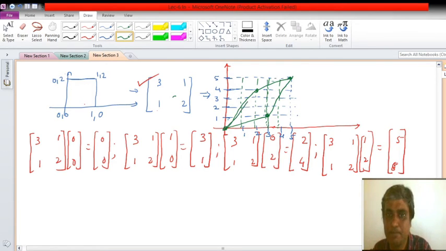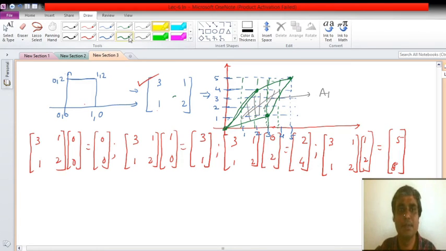Now I have to find out the area of this. So what is my area? A1. Okay, let us find it out. There are different ways, but as our standard school level method is that we can find it out. So what will be the area under this shape? It will be the overall grid minus these resultant parts, right?